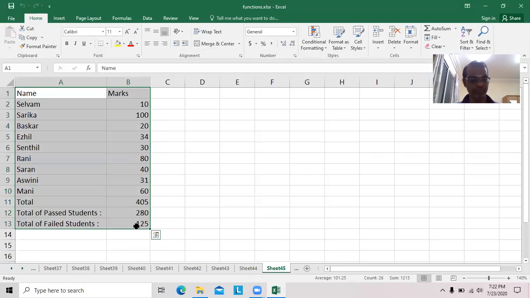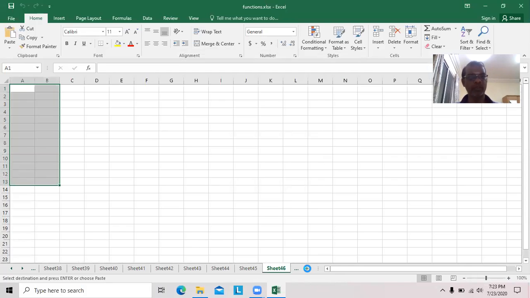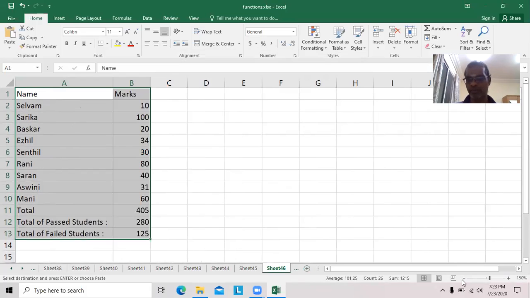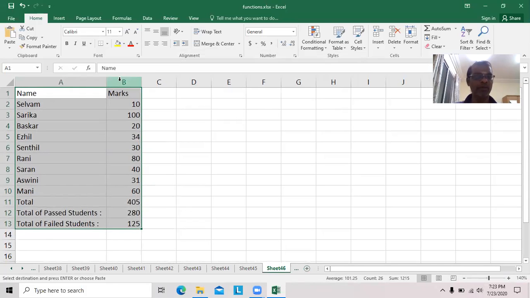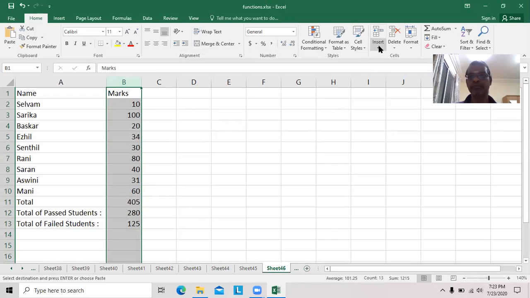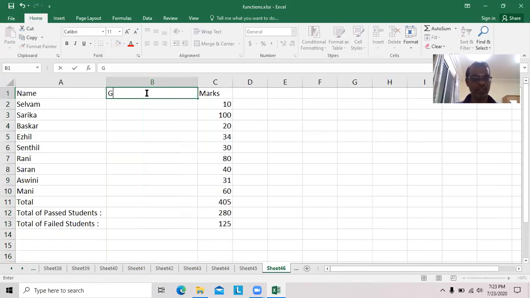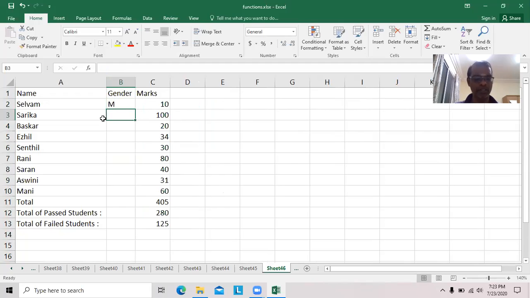We can copy it as it is. Here I'd like to add one more column, gender. M stands for male, F stands for female.